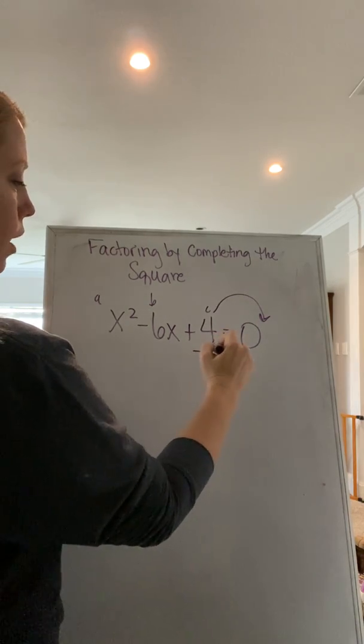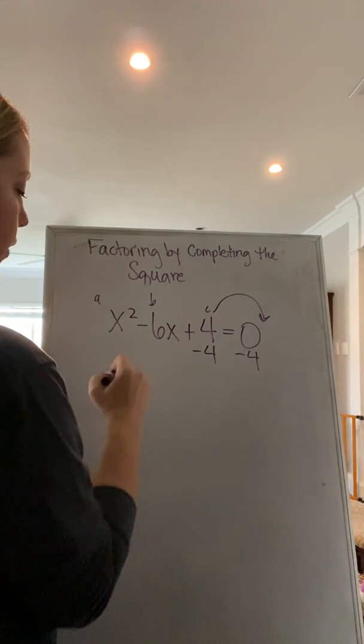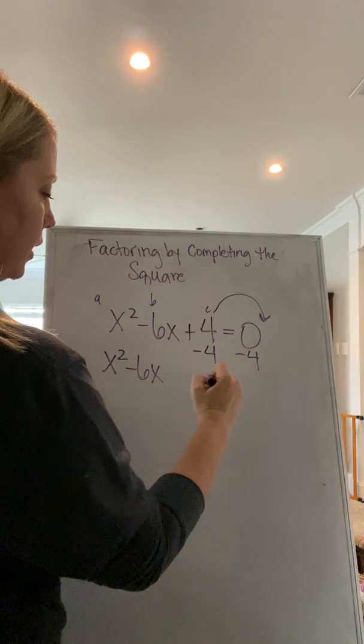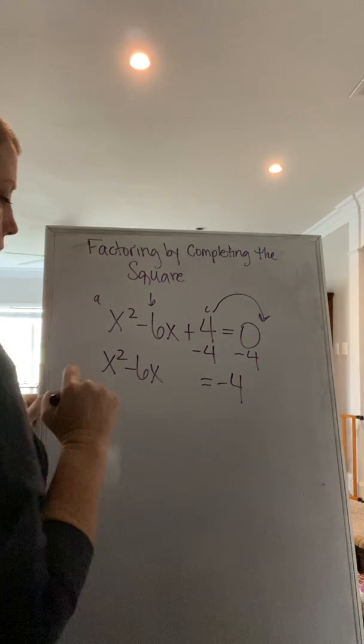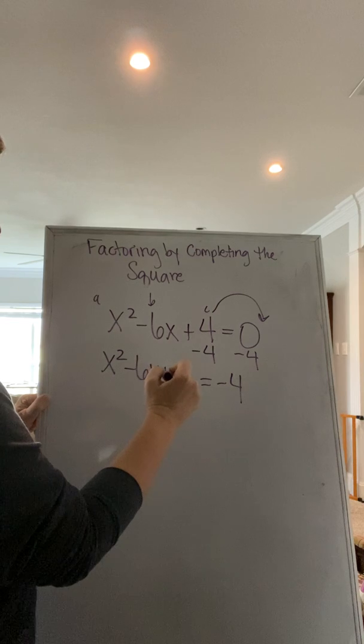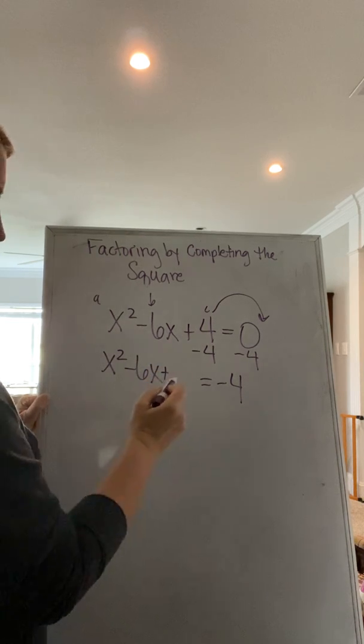Well, he's positive, so I'm going to subtract him from both sides of the equation. So now I have x squared minus 6x, leave a gap, equals negative 4. I'm going to leave that gap where C goes. And then to find what C is, and remember he's going to be positive, to find what C is, I